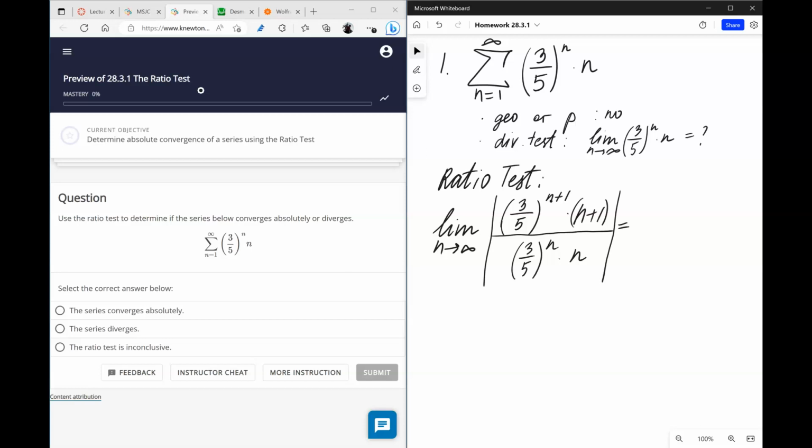And now, after you simplify everything, it just becomes 3, so this is reduced with that, so we just have 3/5 of n plus 1, which is the same as 3n plus 3 over 5n. And here we see that we don't need absolute value because everything is positive, and this limit is equal to 3/5, which is less than 1, and therefore this series